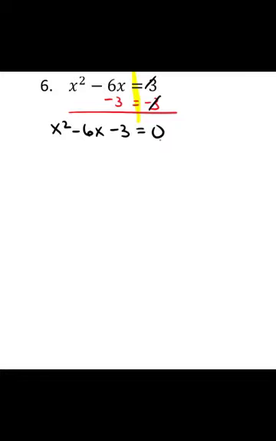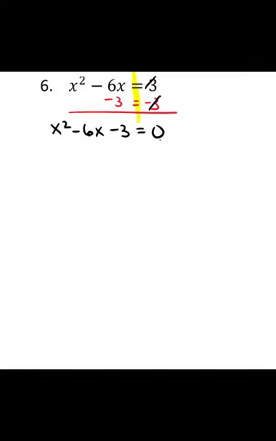We are going to write the equation in standard form. So we're going to subtract 3 from both sides of the equation. So we end up with x squared minus 6x minus 3 is equal to 0. And then once you check to see if you can factor, and if it's not factorable, then we're going to